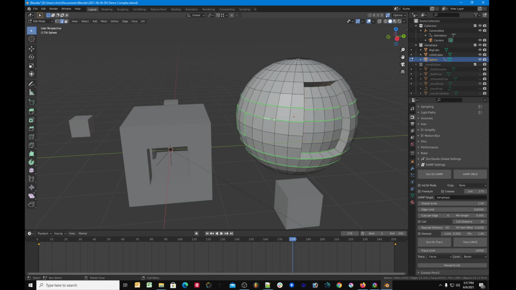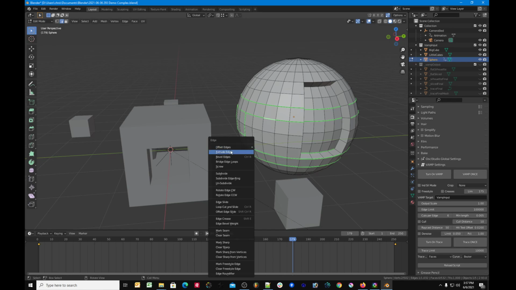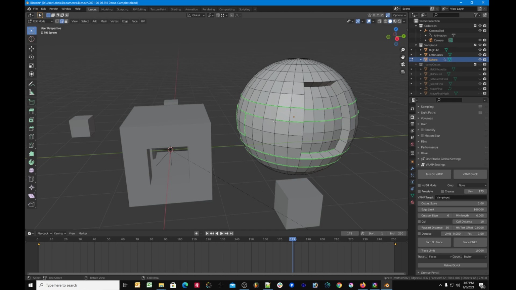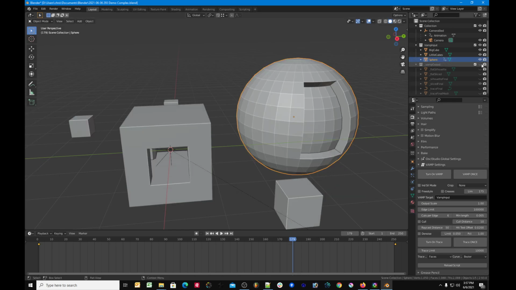So you go to edge mode and you select it, go to the edge menu, and you can mark freestyle edge. You can also clear it. Just cleared that one. If you mark those freestyle edges, in certain modes in VAMP it can read those as edges you want to see, even if perhaps you wouldn't normally see it because it's on a face that would be obscured. So the standard VAMP mode, we saw the outcome here, is